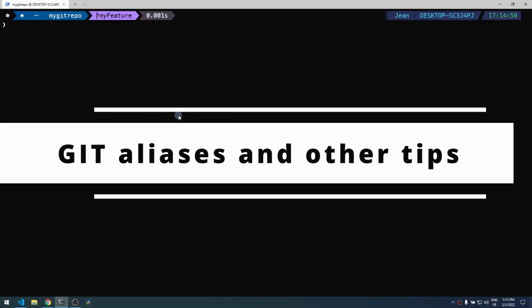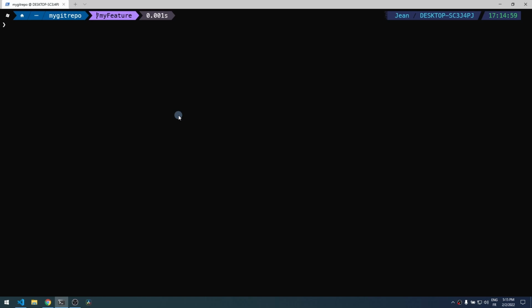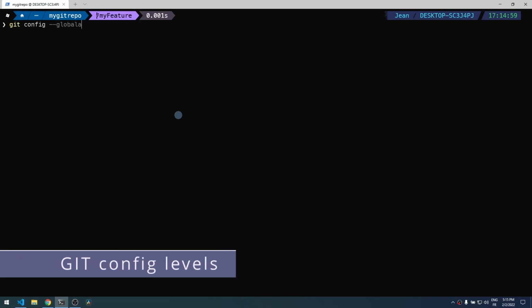Hey, today I want to show you some nice features from Git to increase your productivity and quality of life using it. So mainly using Git aliases, for example, here. So if you check your current configuration on the global level,